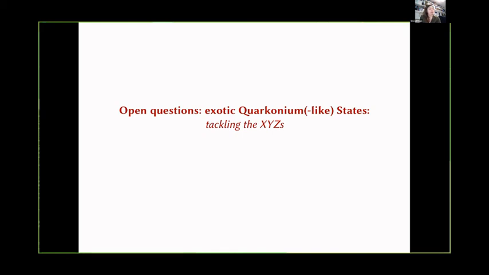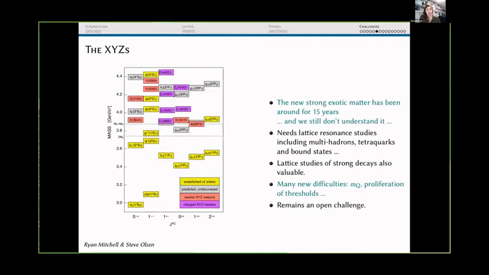So I have really very little to say on this. This is an open question on exotic quarkonium-like states, and we heard in a very nice talk just before mine how one might tackle these so-called XYZs. So let me just show you the standard plot, which shows you how many unexpected states have been found. These are the salmon colored and magenta colored boxes in the charmonium spectrum. This strong exotic matter has been around now for of the order of 15 years, and it's still not